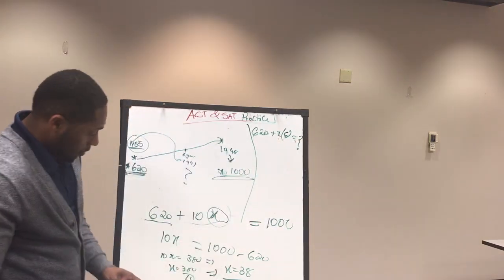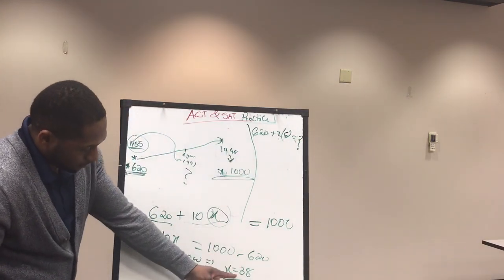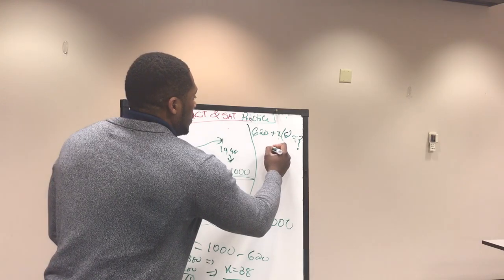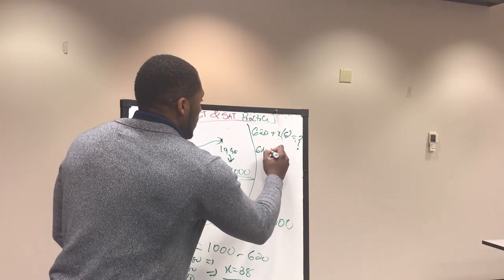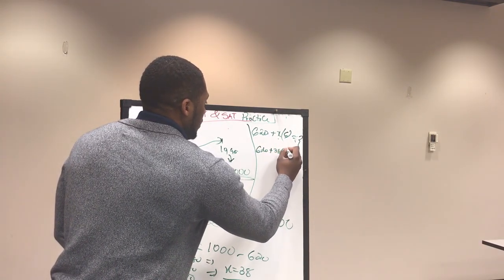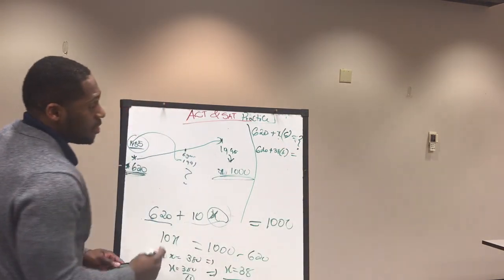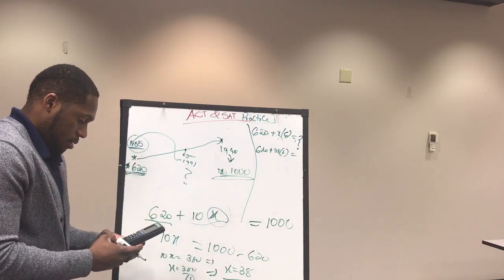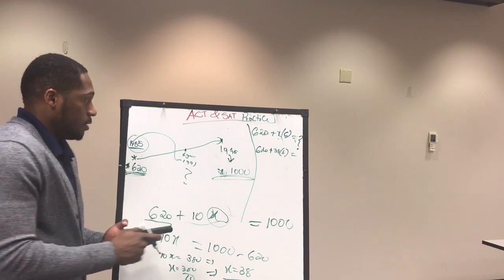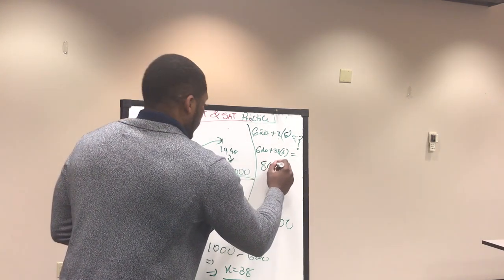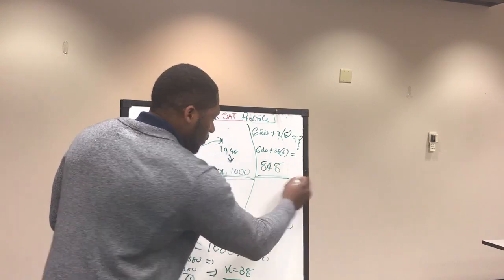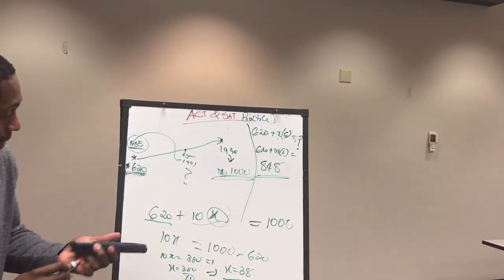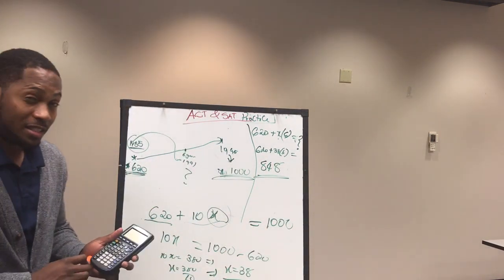But what is x? We already found x, right? x is equal to 38. So 620 plus 38 times 6 is equal to what we're looking for. So 620 plus 38 times 6 is equal to 848. So basically, to wrap it up, because they tell us it's linear,